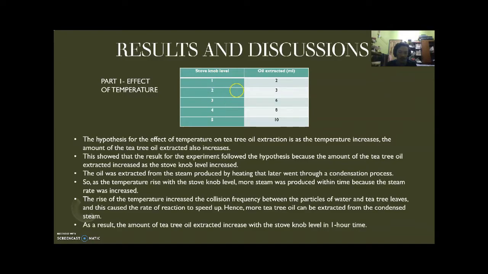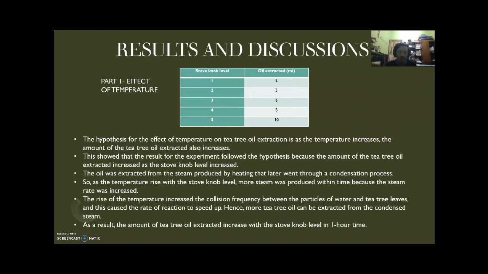When we increase the temperature, the oil extracted from the tea tree leaf also increases. Based on the hypothesis for the effect of temperature on tea tree oil extraction, the results show the amount of oil extracted increases as the stove knob level also increases,